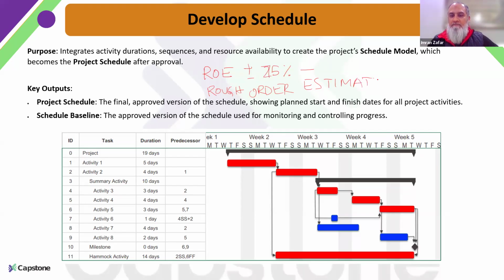You do a rough order estimation. You share some qualitative information based on your best experience, or whatever you think, that for this particular scope we will be needing this much time. So that is a very rough order kind of thing, and then